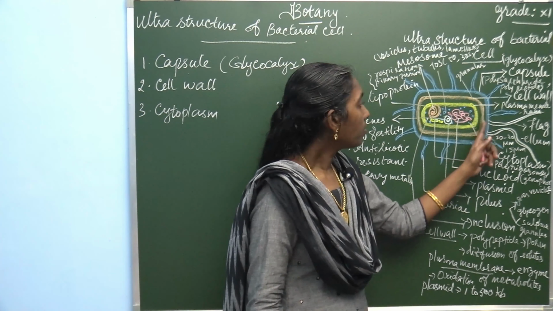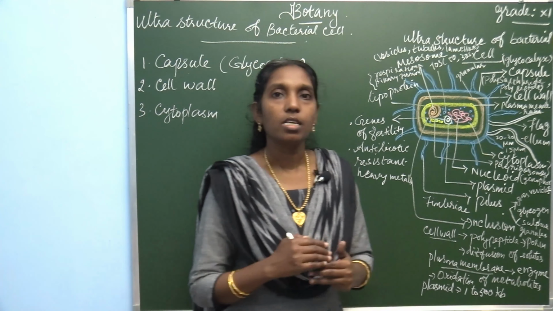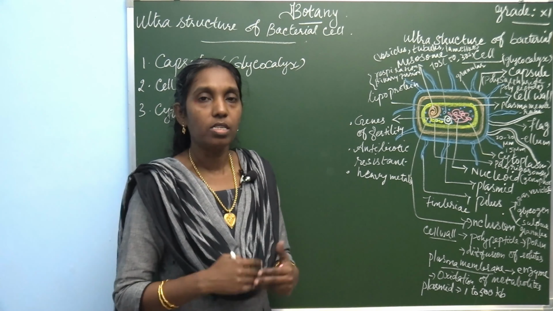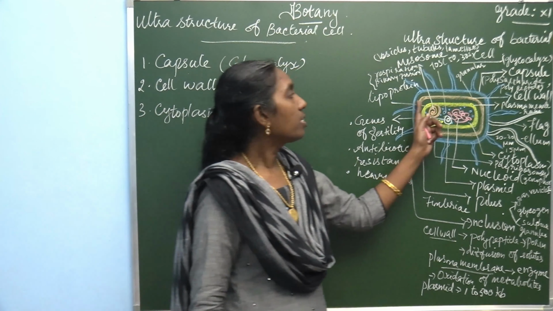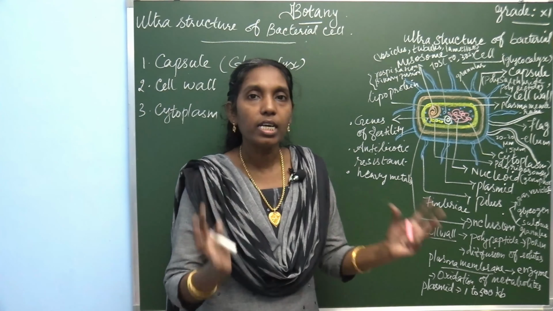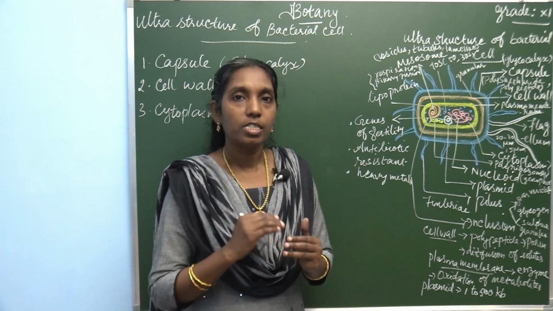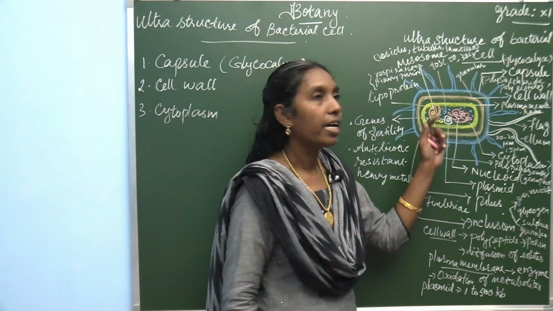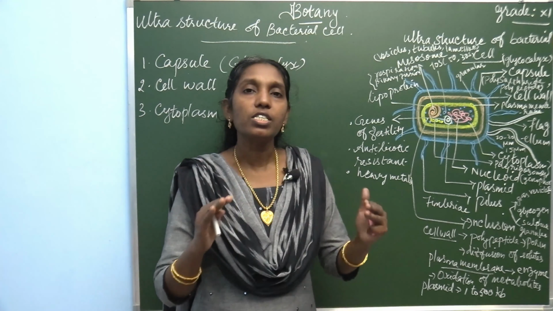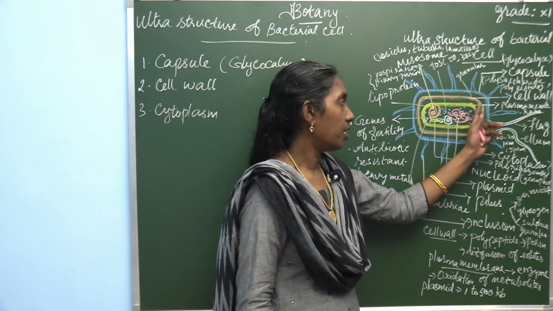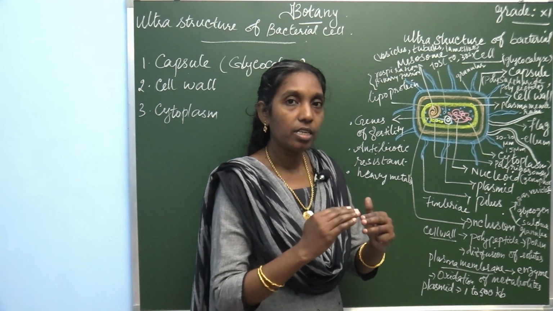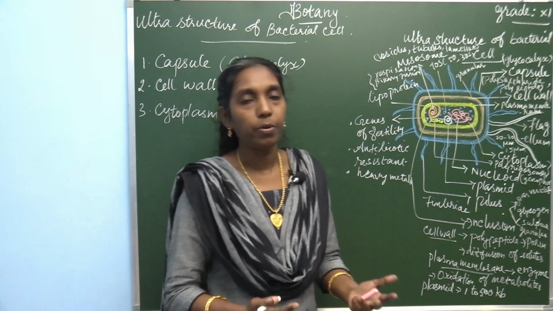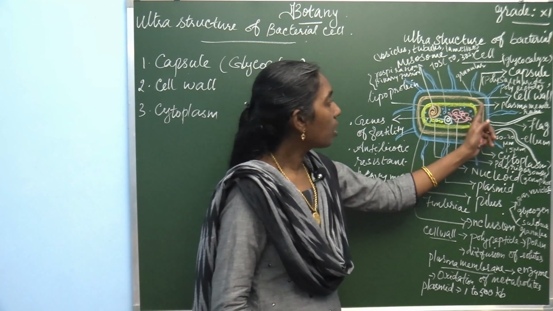The composition of cell wall is rather complex. The cell wall protects the cell. Cell wall is a speciality of the plant cell. Here the cell wall is thick and rigid. It's very thick and rigid, so it gives rigidity, and it also gives the shape of the bacteria. So this is cell wall.